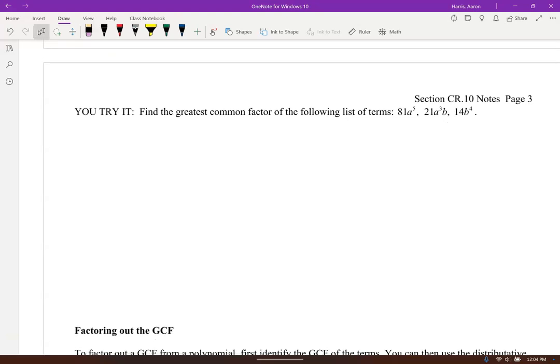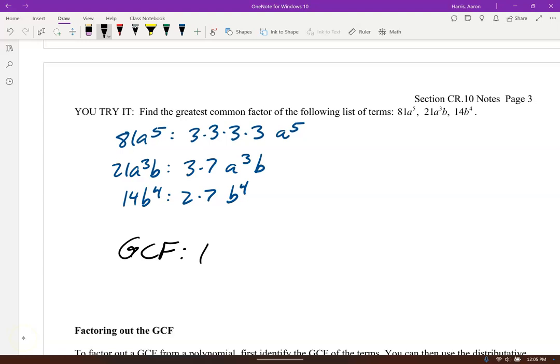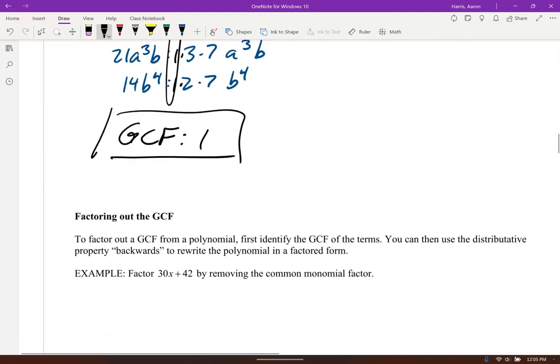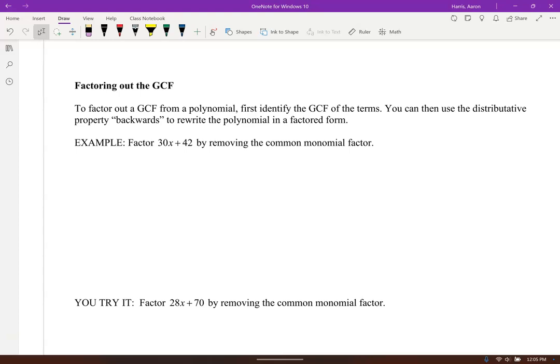Go ahead and write this out and check it. Greatest common factor of these 3. Greatest common factor here is 1. Notice they don't have anything in common, so you just put that 1 in front of all these. They just have a 1 in common. That's it. Well, let's go ahead and factor out, if you're factoring 30x plus 42,